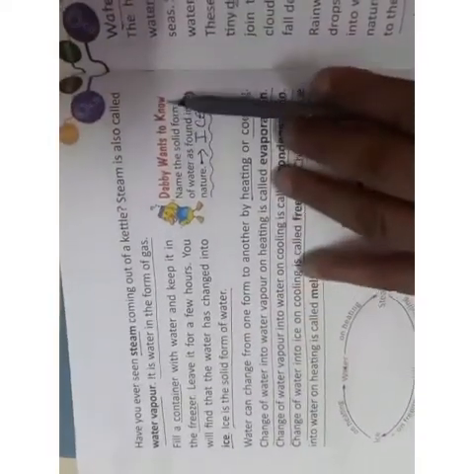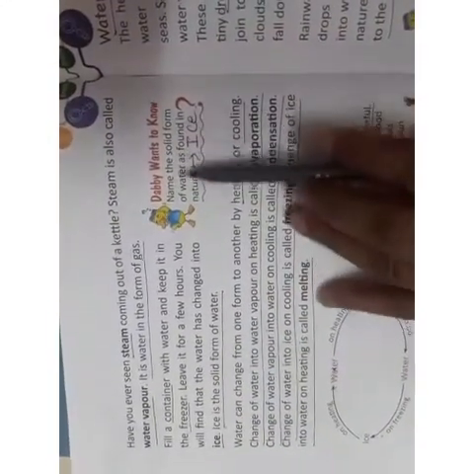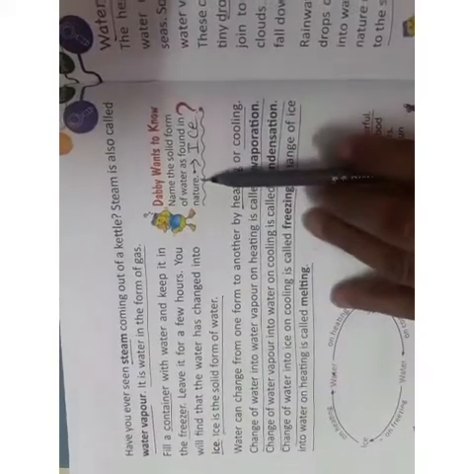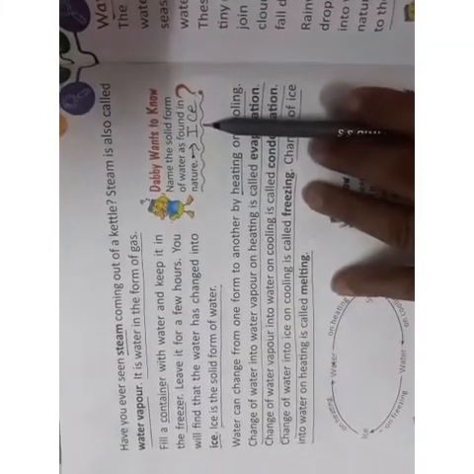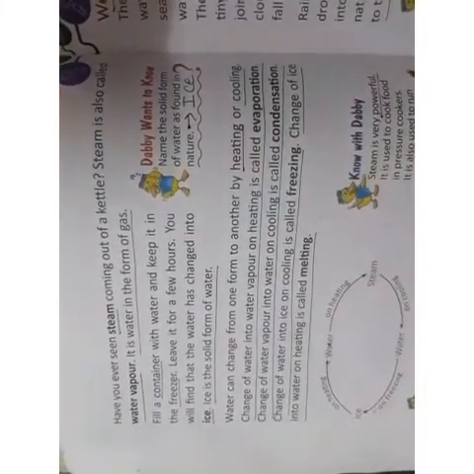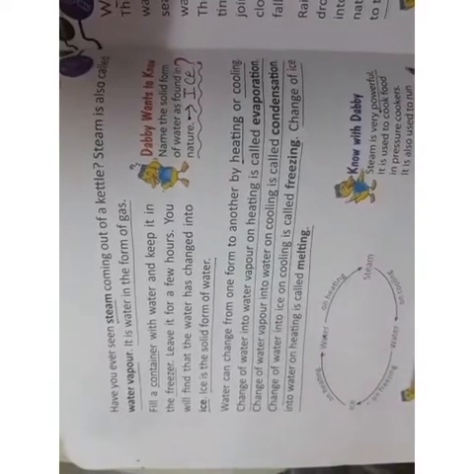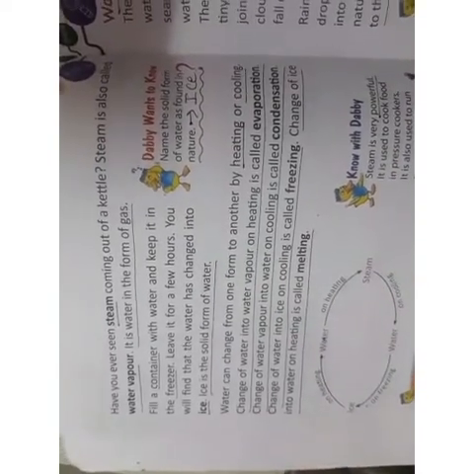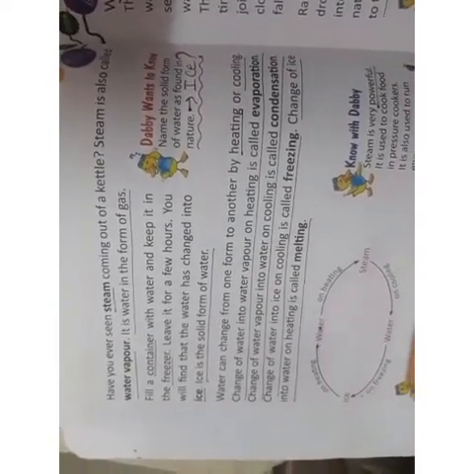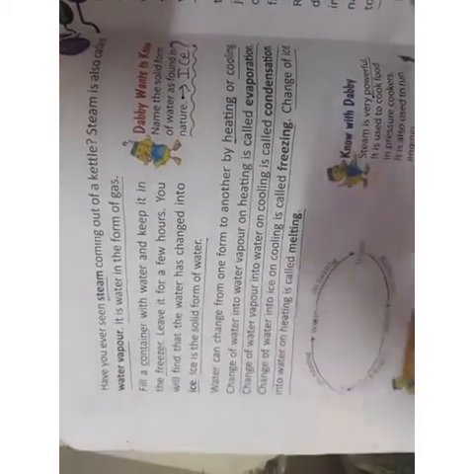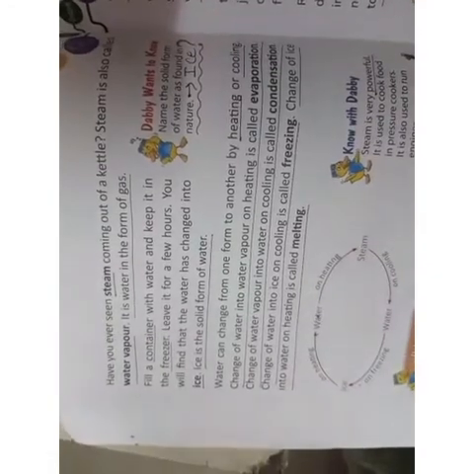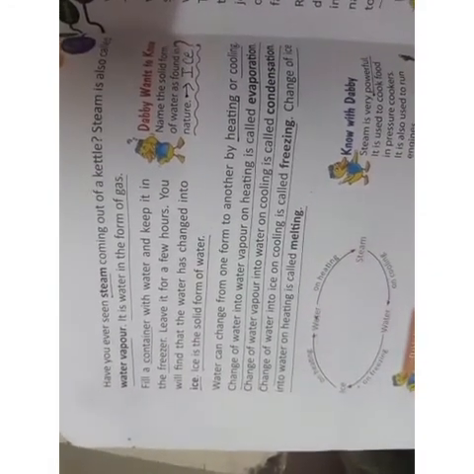Now here Dabby wants to know, name the solid form of water found in the nature. What is the solid form of water found in the nature? It is the ice. जो बर्फ होती है, जो पहाड़ों पर भी हम देखते हैं कि नदियों में पानी कहाँ से आता है. So that water comes into the rivers when the ice melts on the mountains, and that turns into the river that flows down onto the land. जो पहाड़ों से नदियाँ उतरती हैं, वो पहाड़ों में जो बर्फ होता है वो पिघलता है, और पिघलते पिघलते वो नदी में कन्वर्ट होता है.